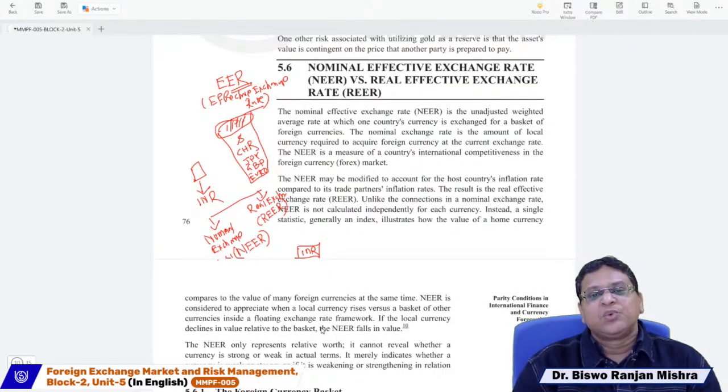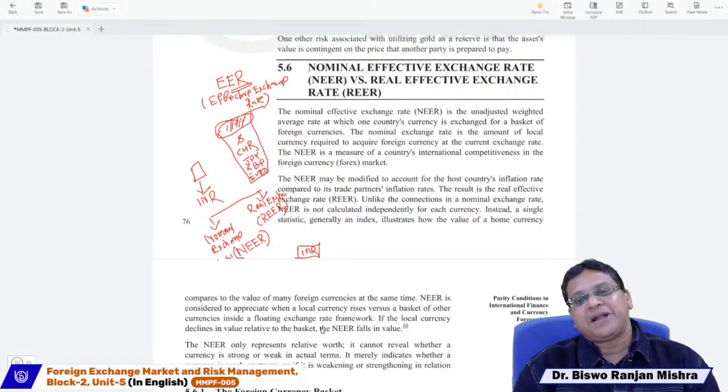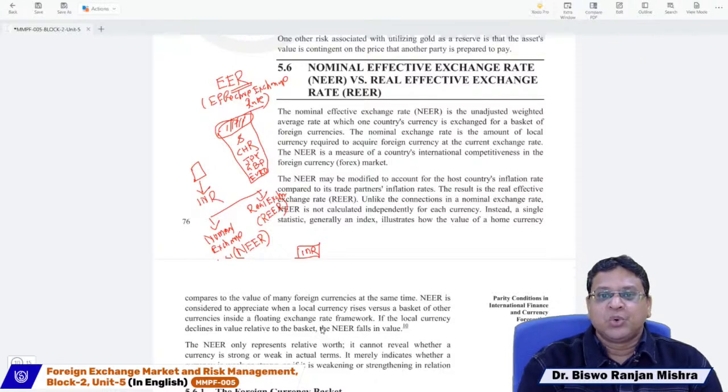So in the basket, which type of currency we have to include? We have to include those countries' currency with which we have highest trading relationship. India has highest trading relationship with US, with China, with Japan, with UK, with Eurozone. Therefore, I have considered these 5 important currencies. Okay,